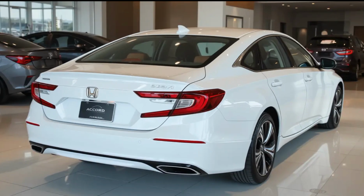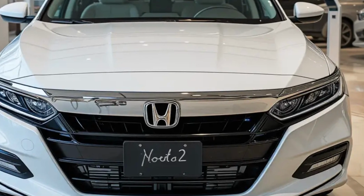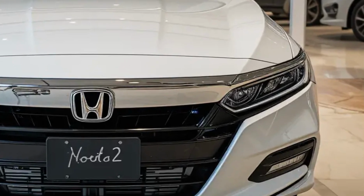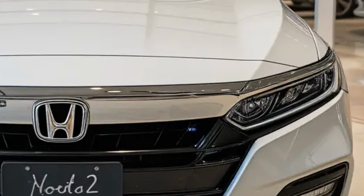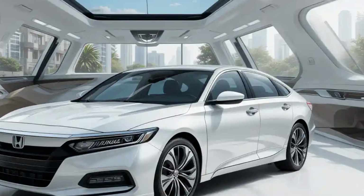of mind. With its impressive blend of style, performance, comfort, and advanced technology, the 2025 Honda Accord remains one of the top choices in the midsize sedan category. Whether you're looking for a reliable daily driver or a comfortable and efficient family car, the new Accord has something